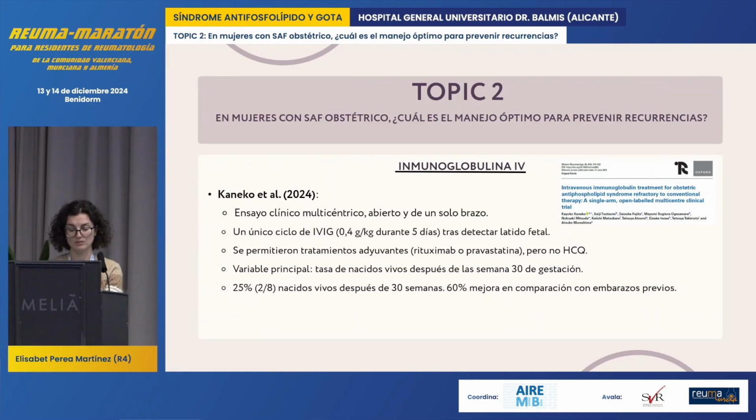However, the results they obtained were not very positive. There were only 2 live births after week 30, although they mentioned that 60% of the patients showed improved obstetric outcomes compared to previous pregnancies. This study has many limitations. It has a very small sample size and no comparison group. Additionally, the use of certain other drugs also potentially introduces bias. But, well, indeed, it's the first trial, and in some refractory cases it could be considered